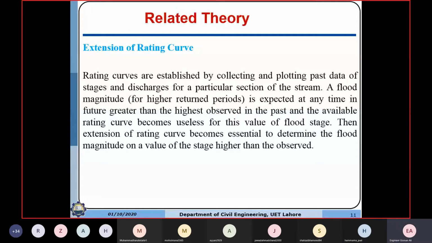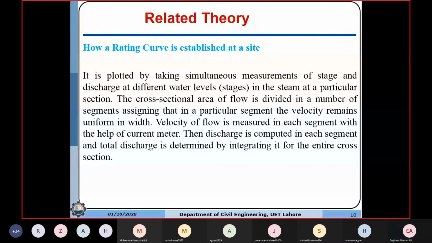Extension of rating curve. Now once you plot the rating curve for a river gauging station, remember this, for the river gauging station the rating curve is a must, because you cannot measure the discharge every time or all the time. It is a time taking process and it is a costly process. So on a normal basis, how do you report the discharge at a site? You have the rating curve there, we have the stage gauge installed there, we read out the level of water on a daily basis, sometimes 2 or 3 times a day. So corresponding to that water level, we go to the rating curve and we report the discharge.